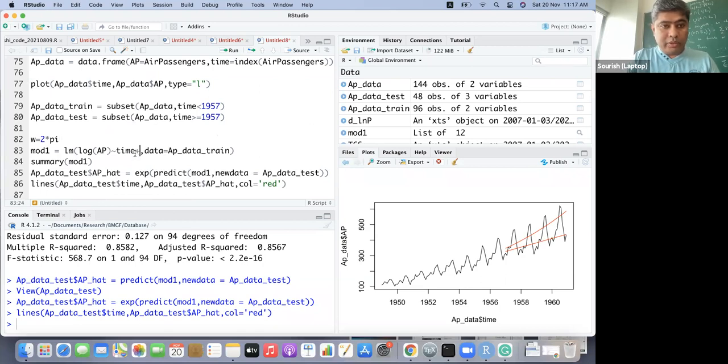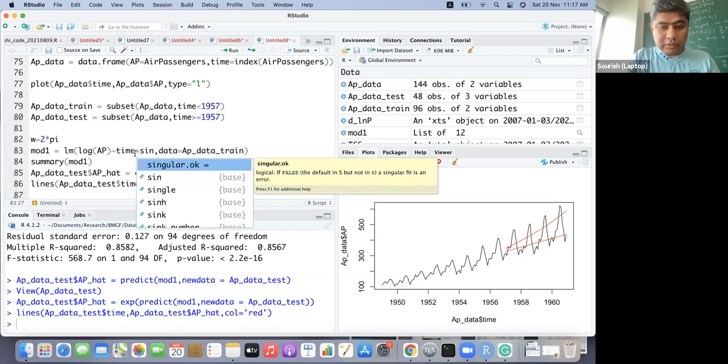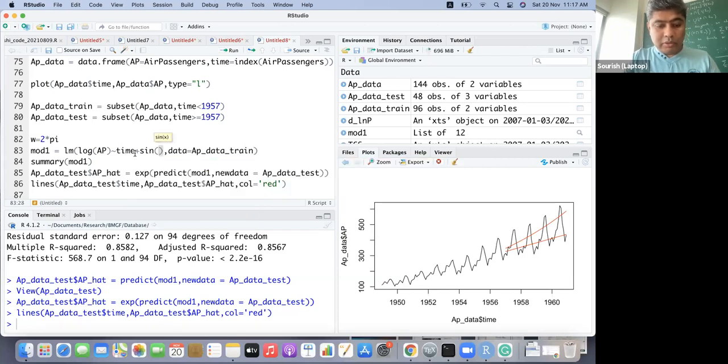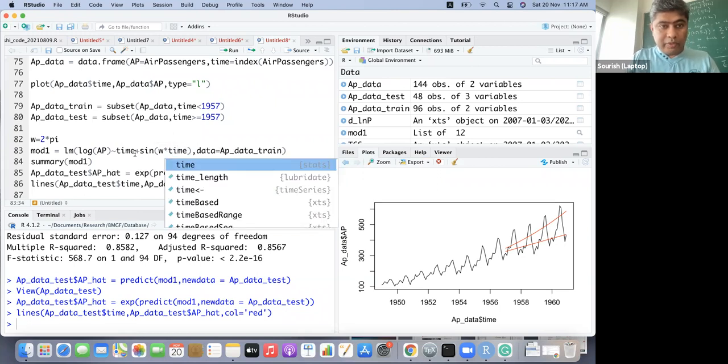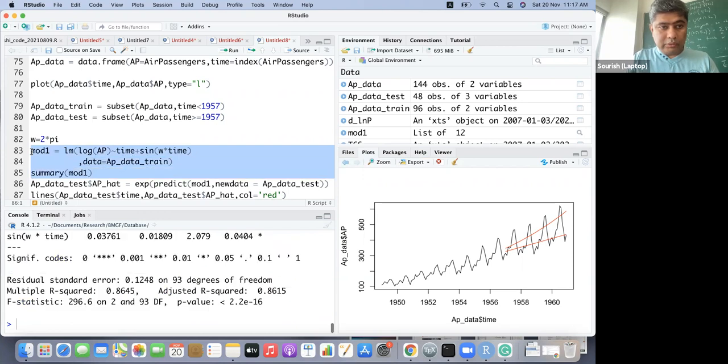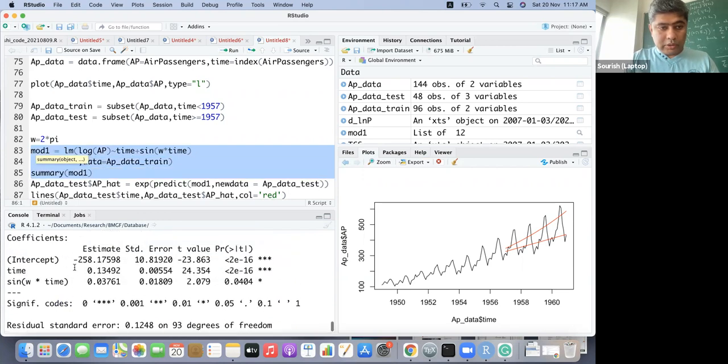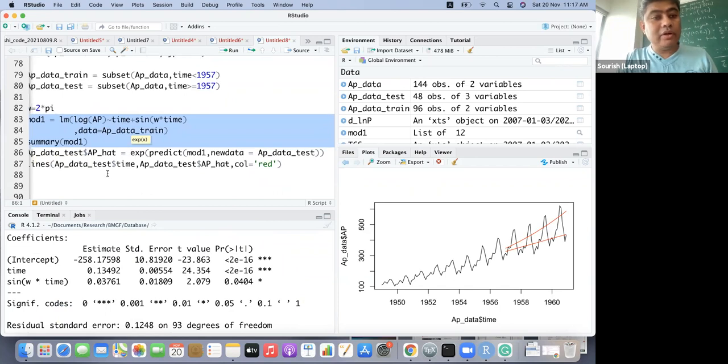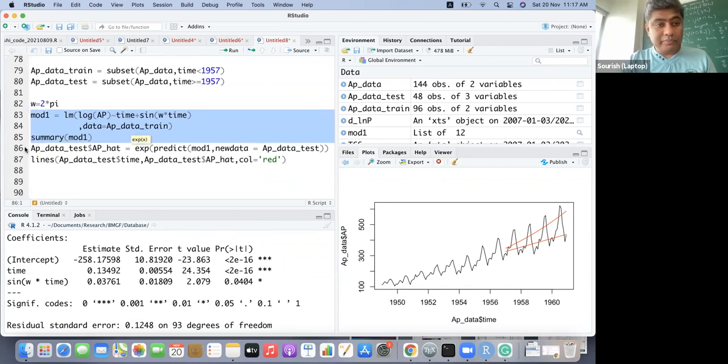Now if we put sine of omega times time, that should be the model. It says that trend is effective and sine omega time is also statistically significant, not very strongly, but at least at a 5% level, it is significant.